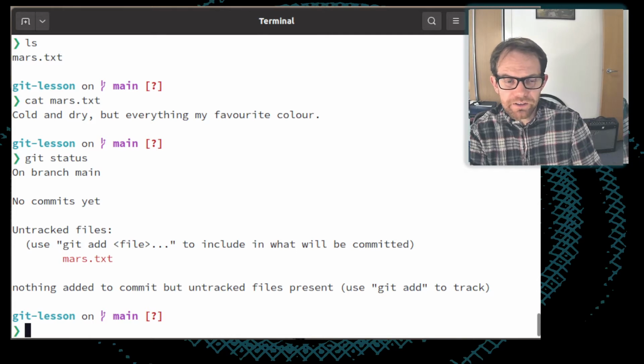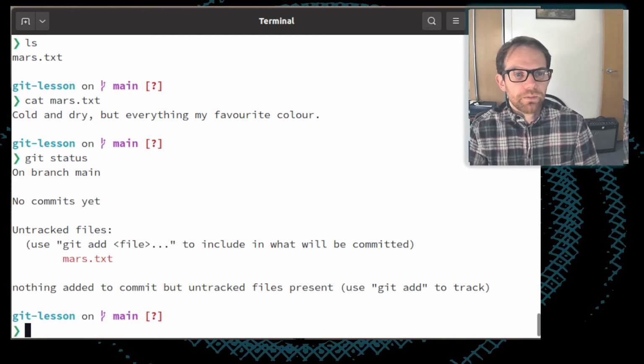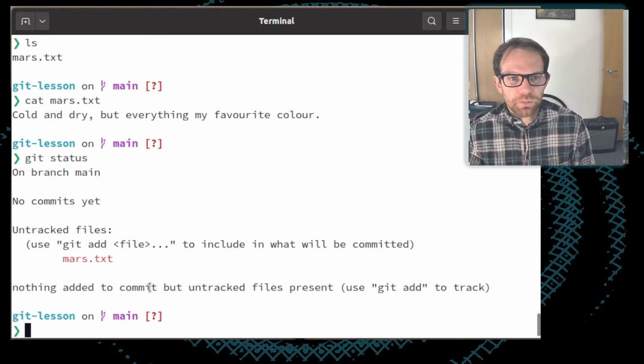Otherwise, nothing's been added to the next snapshot, the next commit, but this file is still present, is what it's telling us. And you'll also notice in my prompt that this is the reason why there's this question mark, which is doing the same thing. At the end, if anybody's curious about what this prompt is, I can remind myself of what the software package which does it is called and let you know. It's kind of useful. But we've got this untracked file.